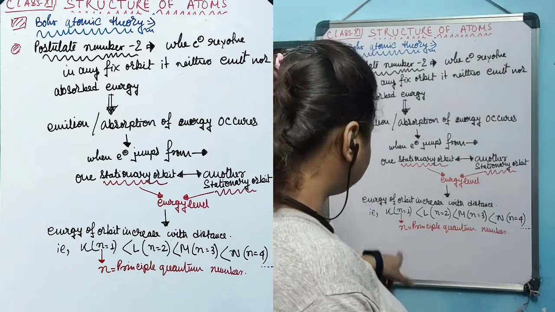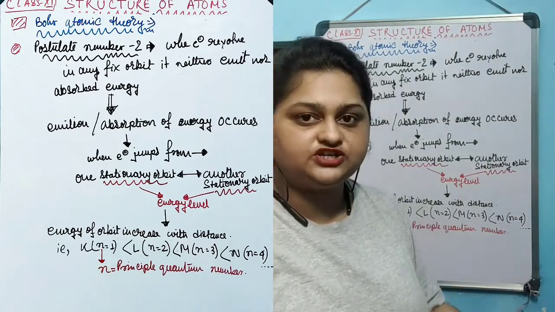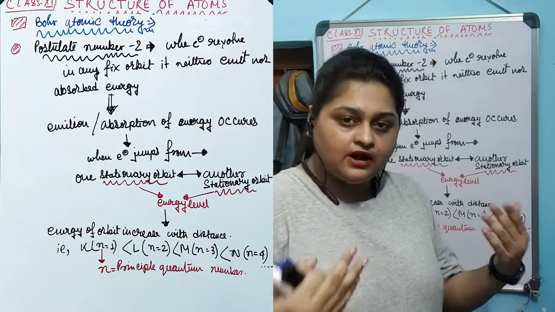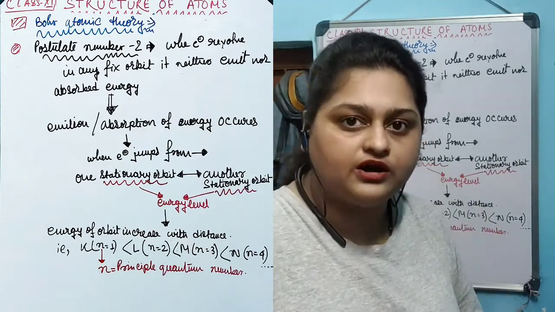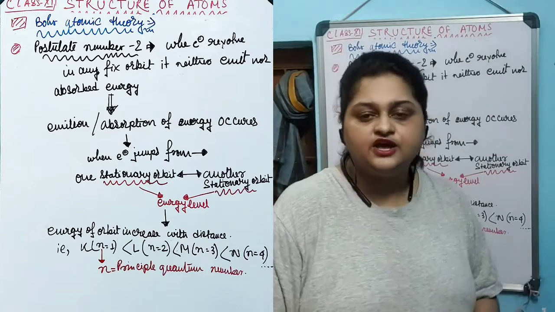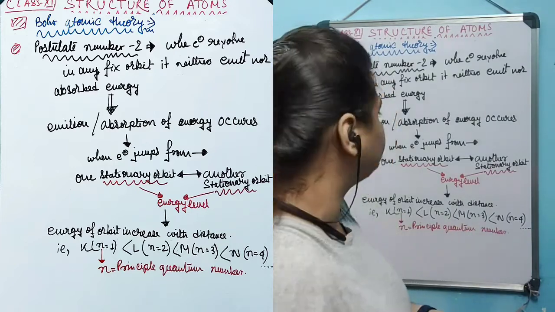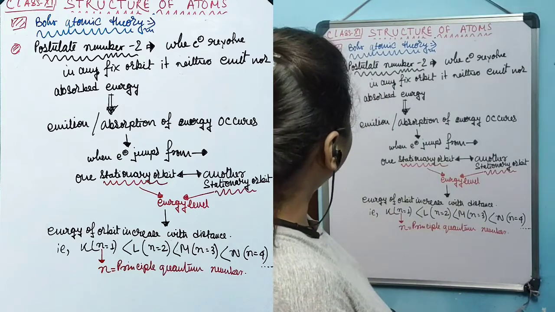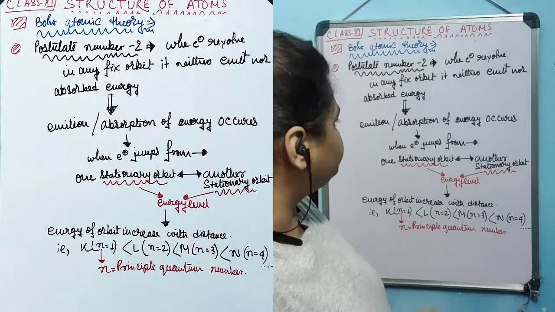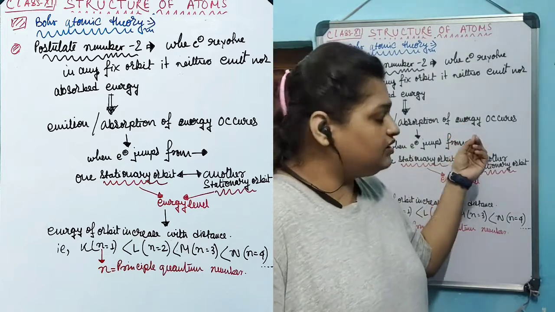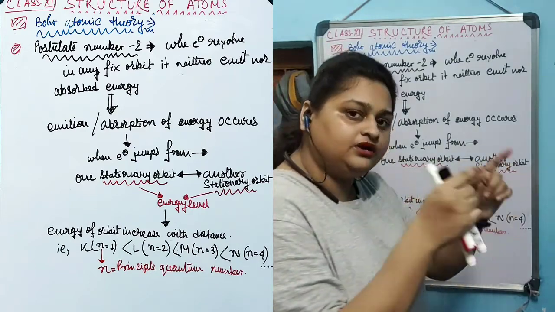which has a higher amount of energy compared to the first orbit. Now this first, second, third and fourth, this number n represents the principal quantum number, which has integer values 1, 2, 3 and 4, and so on. This number represents the stationary orbit number, which in turn represents how far the electron is revolving from the nucleus. So n is the principal quantum number, which gives the position of the electronic revolution. Now when the electron is revolving in the stationary orbit, energy is fixed. So the absorption or emission of energy by the electron happens when the electron jumps from one stationary orbit into another stationary orbit.